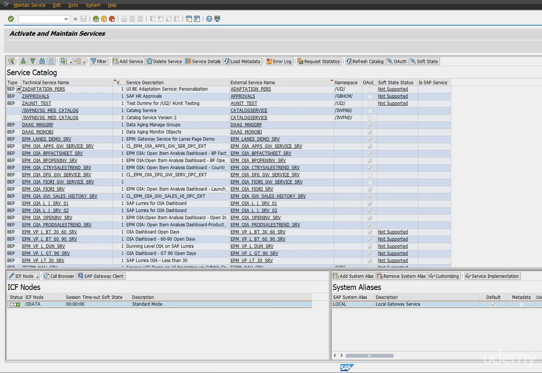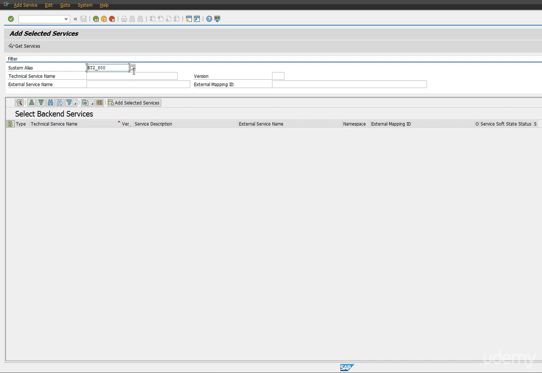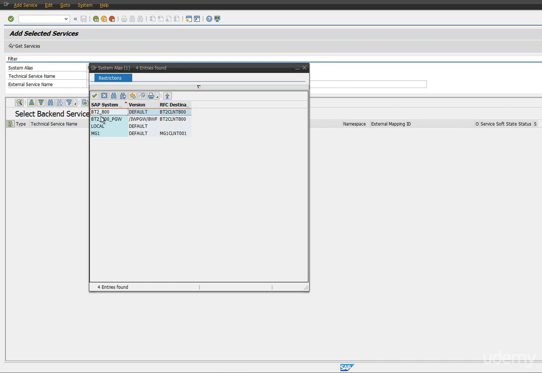As the next step, we need to make sure our Fiori Launchpad works properly, with all the services activated. So the first step would be going to the same transaction code, /n/iwfnd/maint_service. In that transaction, you will notice all the services in gateway. And if your system is a central hub system, and you want to activate any services from the ECC box, all you need to do is click on add service, choose the RFC,